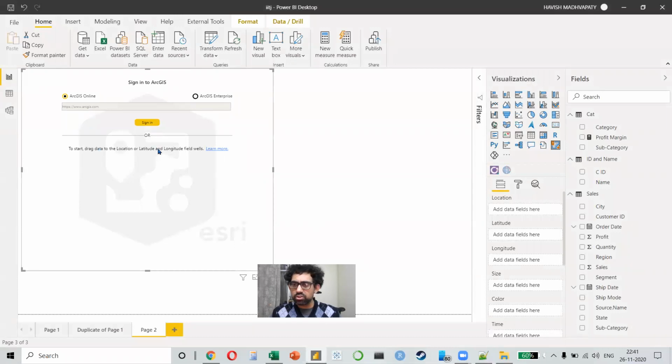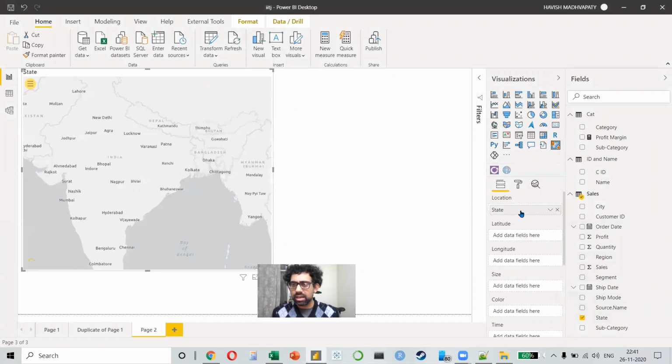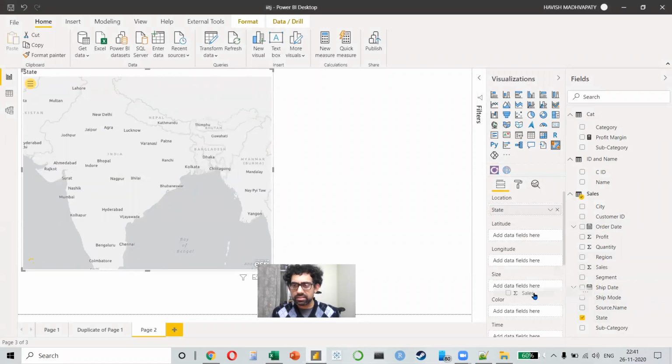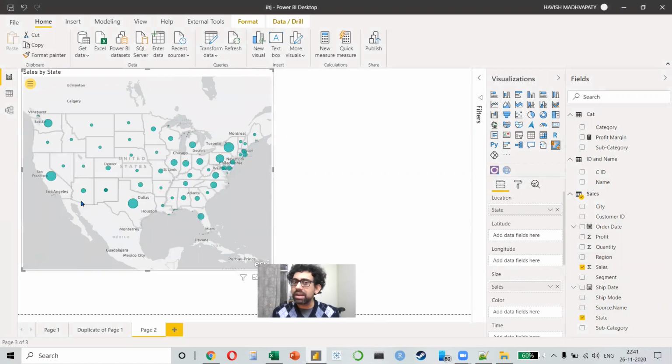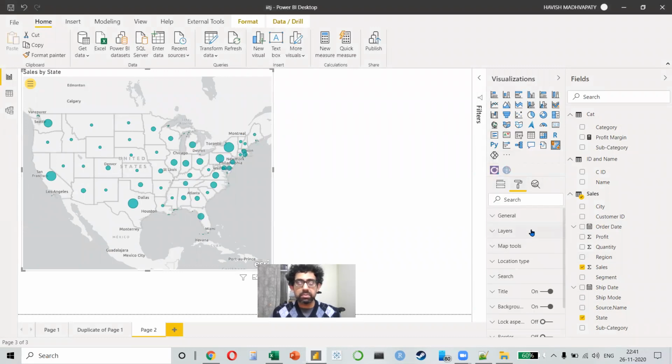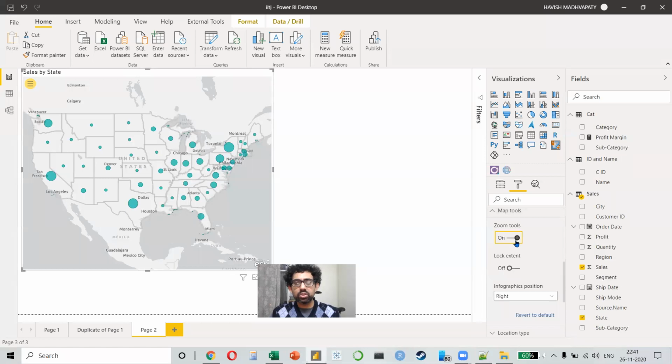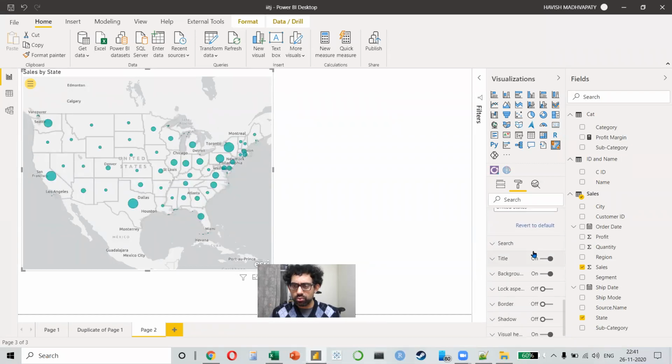So I need location. Let's try state, and let's try sales. Okay, not bad. So you get a map like this, and this is the free version, remember, but you have a lot of options available. So you can have different map tools. You can show the zoom button, right? You can show what else?